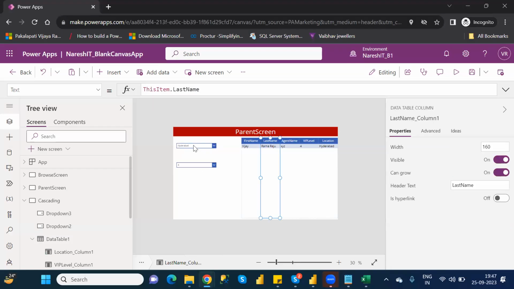Is that fine, cascading? Or else if you are taking more drop downs also, it is the same scenario. Understand? Anyone having any doubts? Okay,